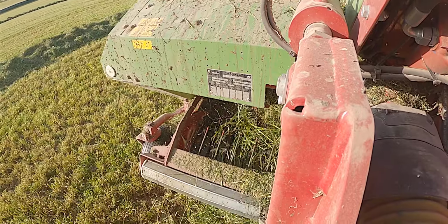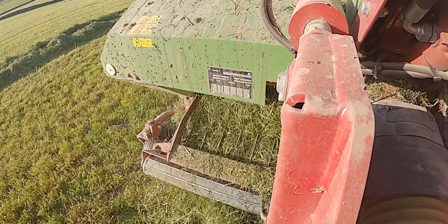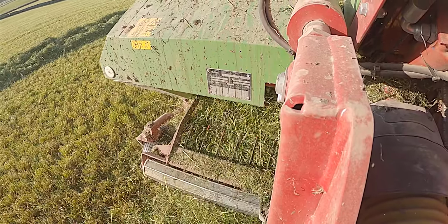This is the pickup on the wagon that Andrew's using behind the 6250R. You can just see occasionally his wheel mark appears on the swath, which has been left by the rake obviously, and it's almost filling the pickup of the machine. On these Gigavites machines they have a CFS roller which sits just behind the pickup tines. Unfortunately I haven't got any clear footage of it,